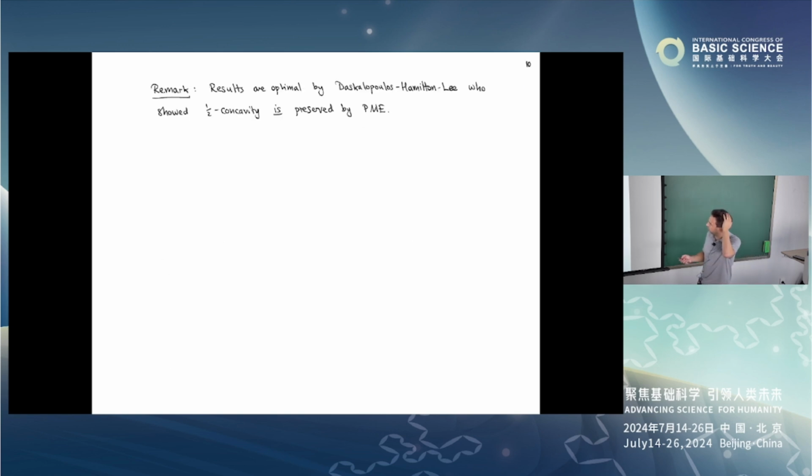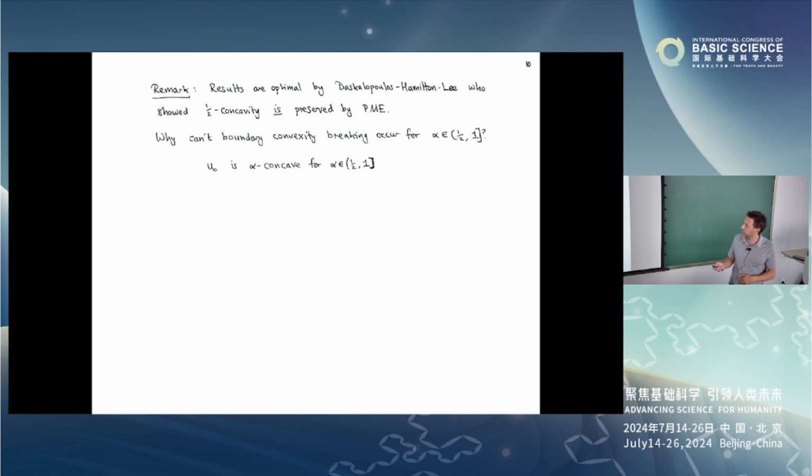Okay, so let me make a remark. As I said, these results are optimal by this work of Daskalopoulos, Hamilton, Lee, who showed that half concavity is preserved. So why can't this boundary convexity breaking occur when alpha is in this range between 1/2 and 1? And the reason is very simple. Suppose your initial data is alpha concave with alpha between 1/2 and 1,